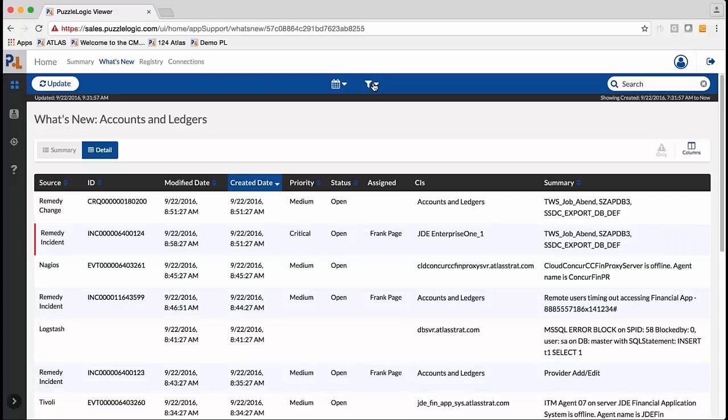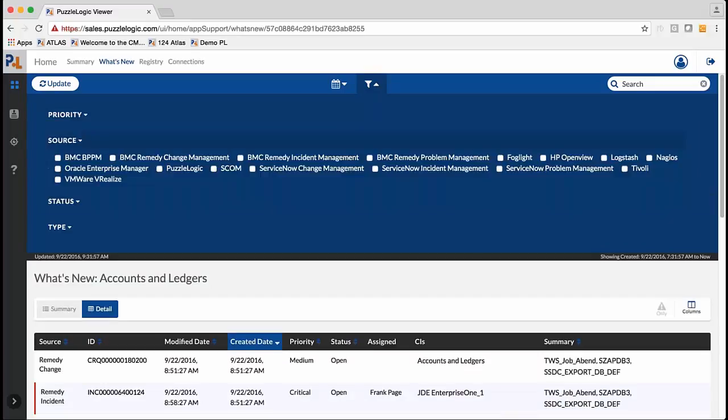The other thing I can do on this panel is that I'm able to go through and filter this data. So as Rick said, we're getting a lot of data, so the ability to filter this data and find the data that you're looking for is important. And so this application is sitting on top of a big data solution. So doing these filters, sorts, and searches is actually very, very quick,